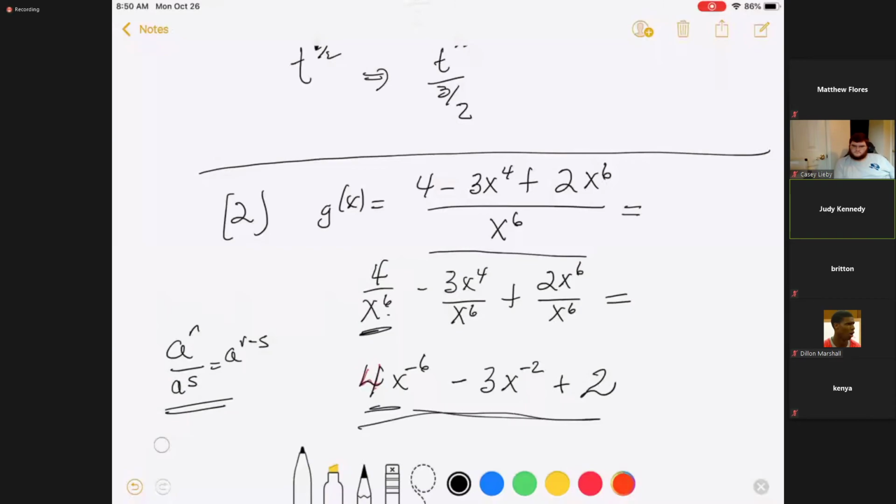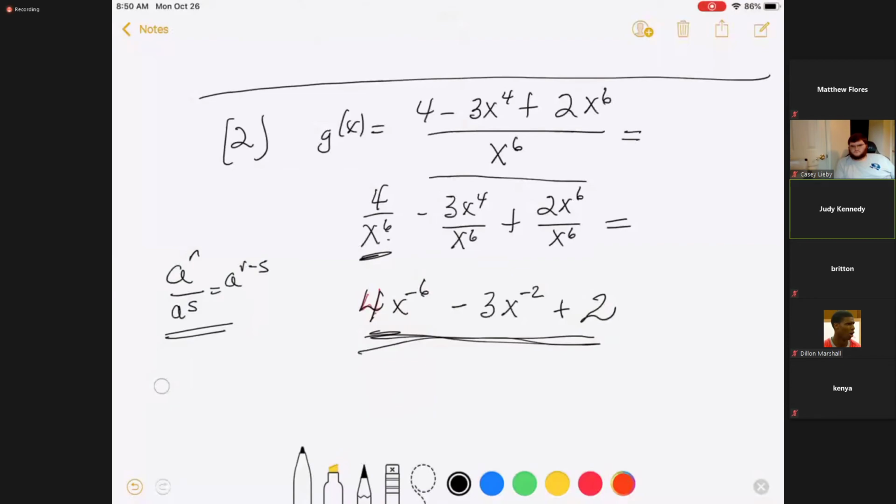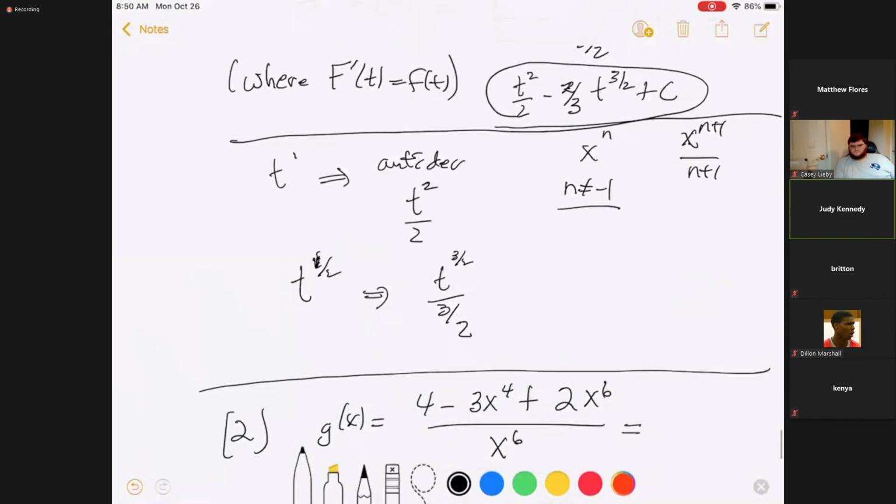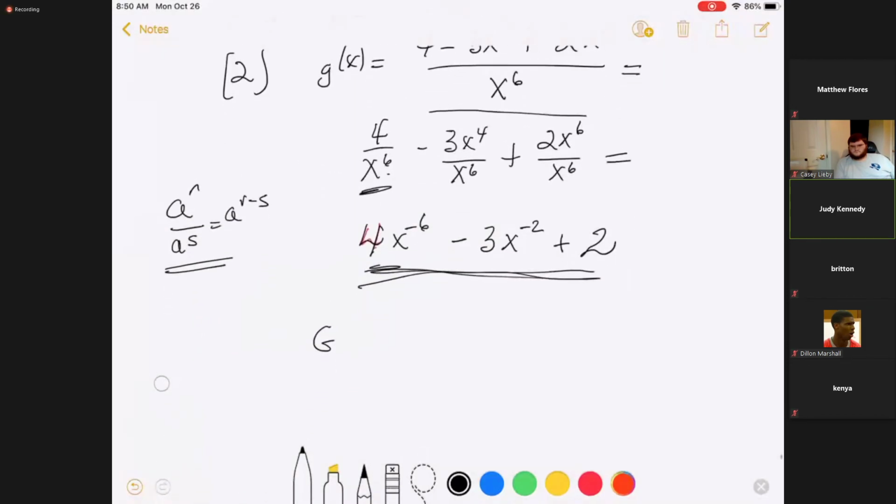Now, well, okay, you're lucky if you can do that. But begin with this problem. Instead of having it written as a quotient, I now have it written as a sum of functions. And now I can use the few rules we have so far. So the antiderivative, I did put my C, good. The antiderivative, we're calling it capital G of x, would be